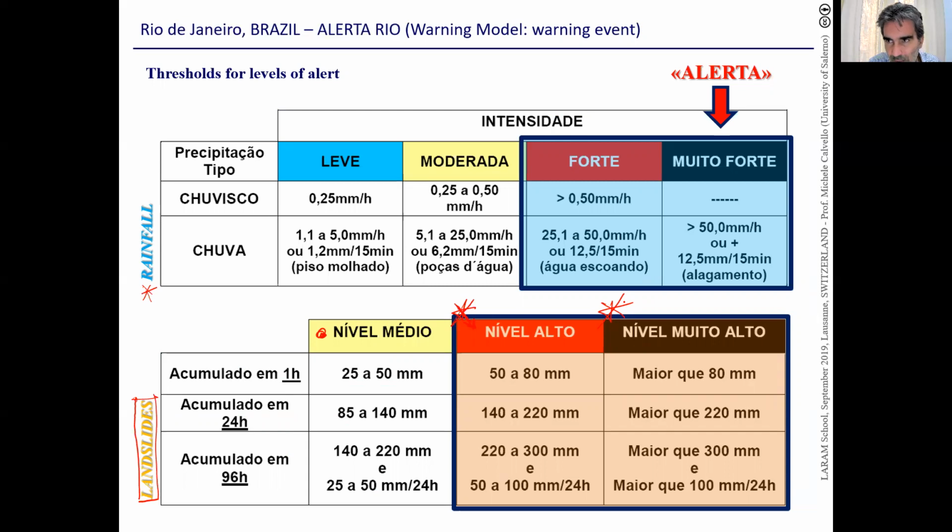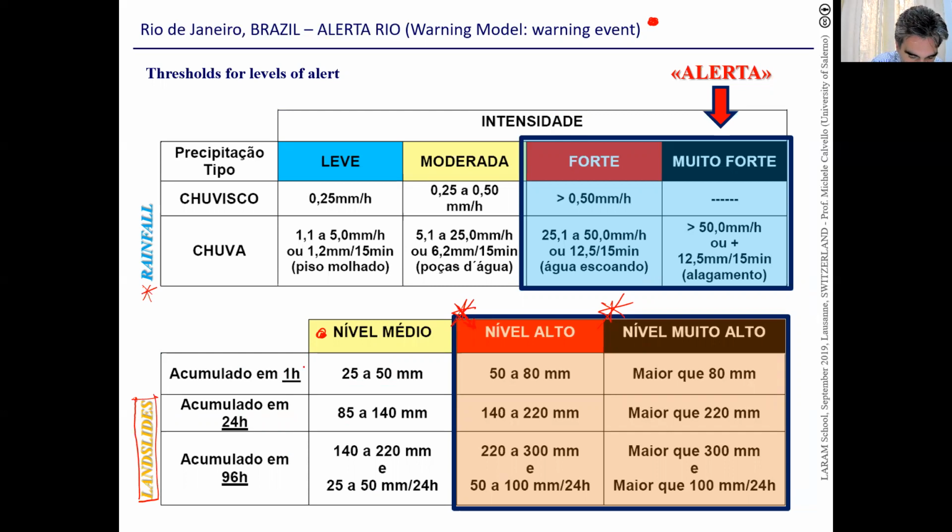And you move from one to the other based on rainfall measures. I was already saying it. What types of rainfall measures? So what is a warning event? What are the thresholds that we associate to indicators of rainfall?